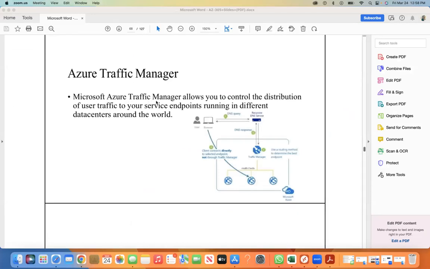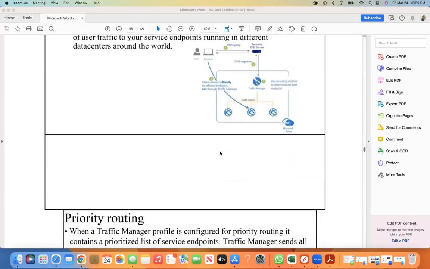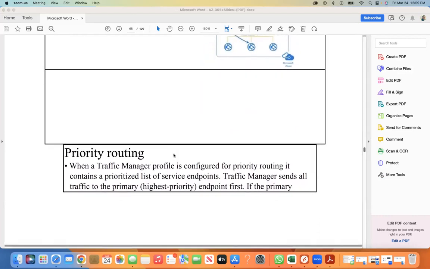Microsoft Azure Traffic Manager allows you to control the distribution of user traffic to your service endpoint running in different data centers around the world. Showing you the DNS query, recursive DNS services, and the DNS response. As you look here, I prepared this little slide so that everybody would see. Now, priority, which is one of those options,